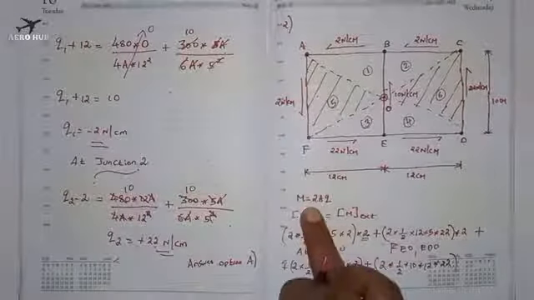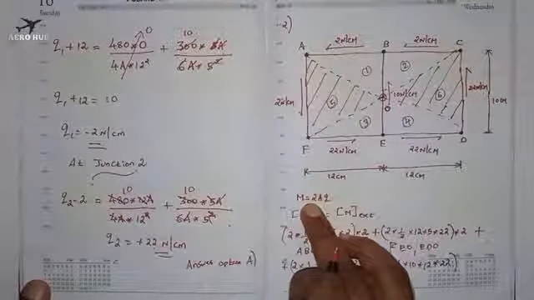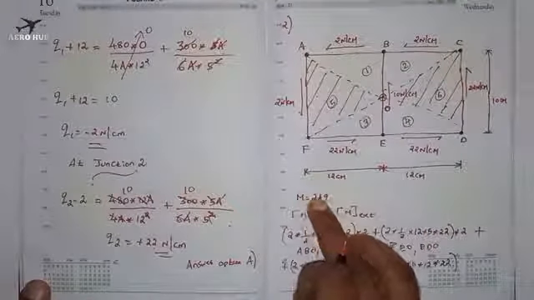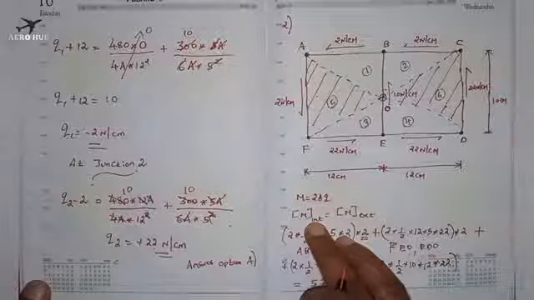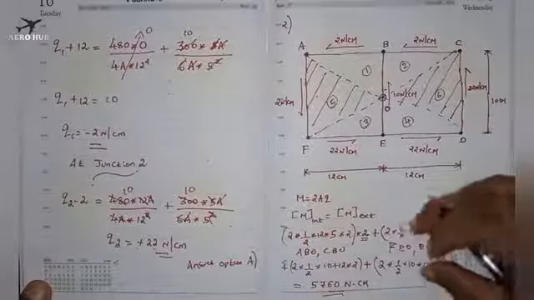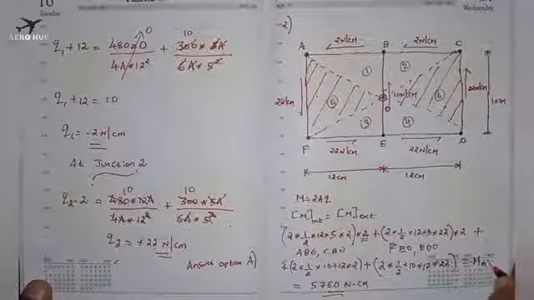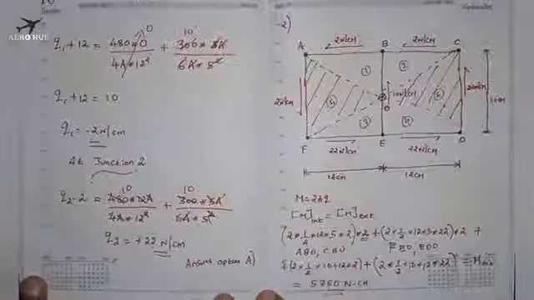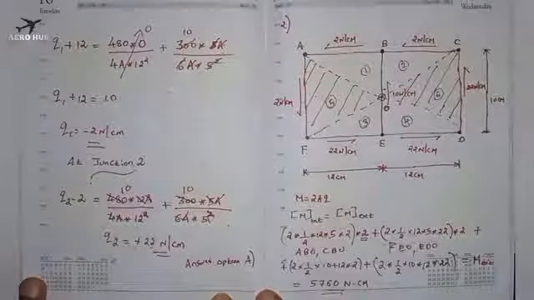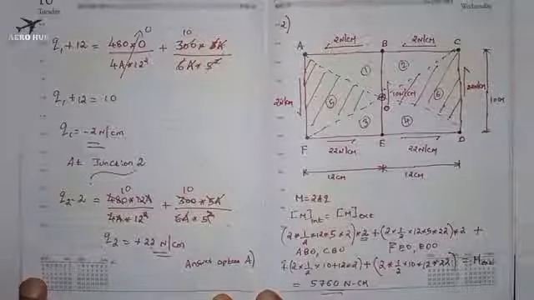So basically when you have a constant shear flow, the moment will be equal to 2 times the area into shear flow, and the summation of internal moment is equal to the summation of external moment. So this is the internal moment, and this should be equal to the external M. Okay, so I hope you understood this problem. This is really a tough question. Just understand the concept and you can do it.